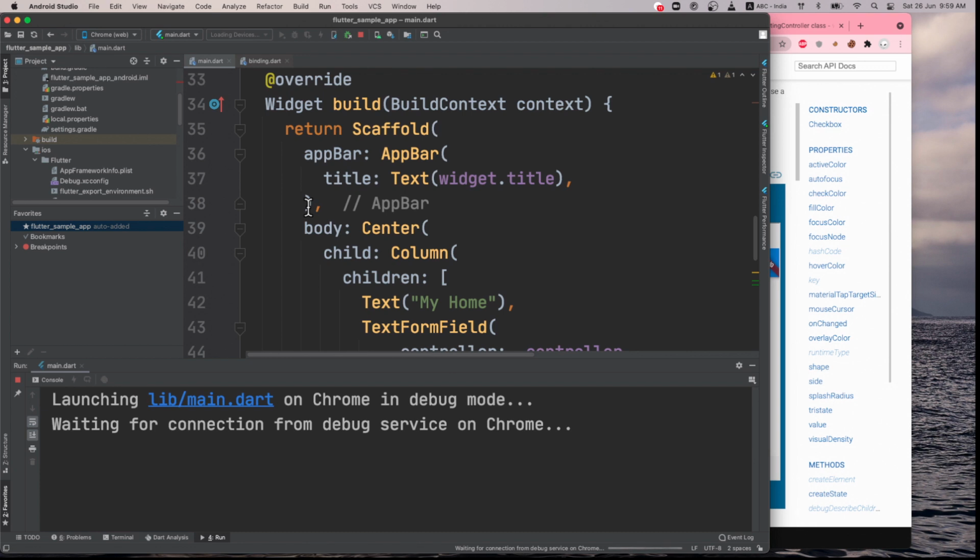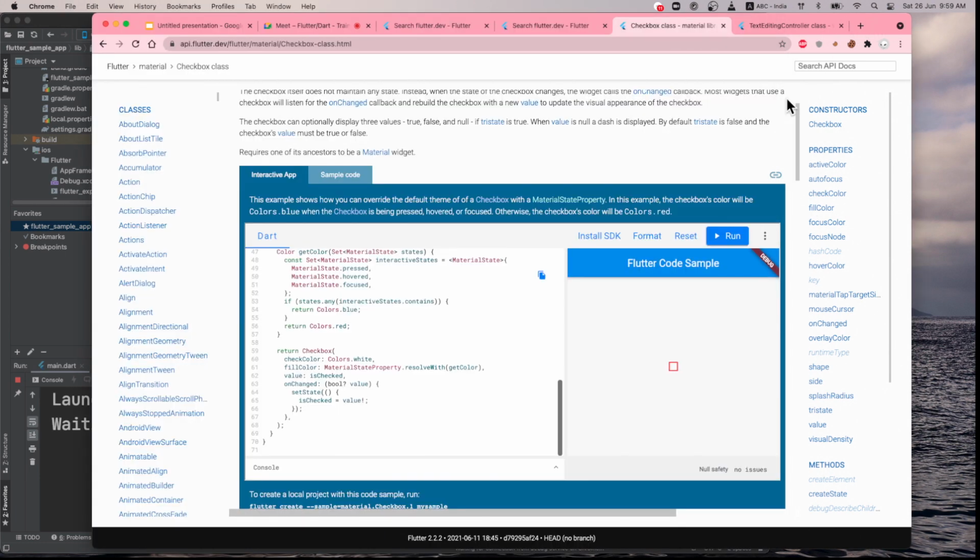And that is the beauty of Flutter, that you write it once, you can run it anywhere. You can run the same on iOS as well, but I will have to set up the whole thing. Let's see where it is running. It might be running on my different monitor.